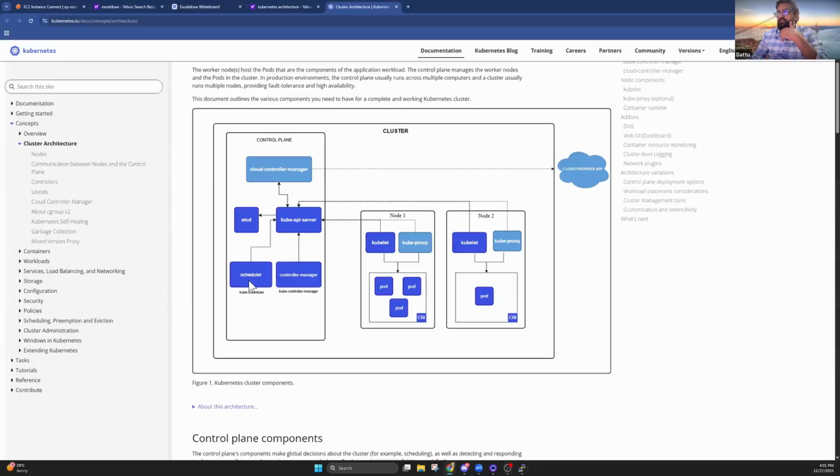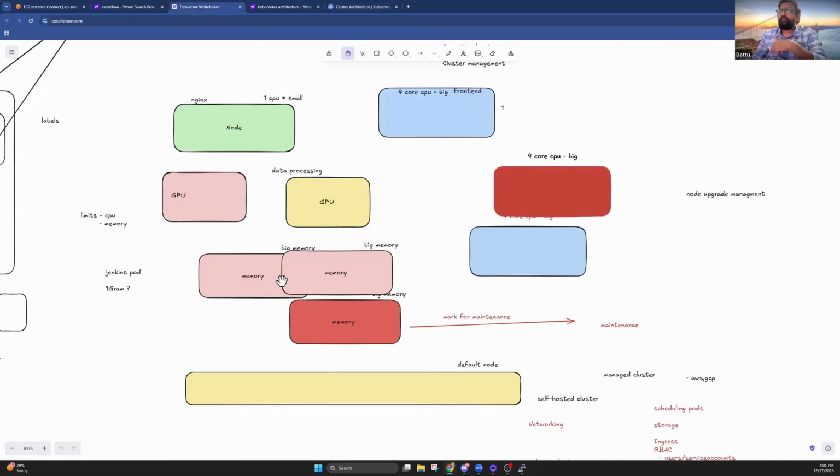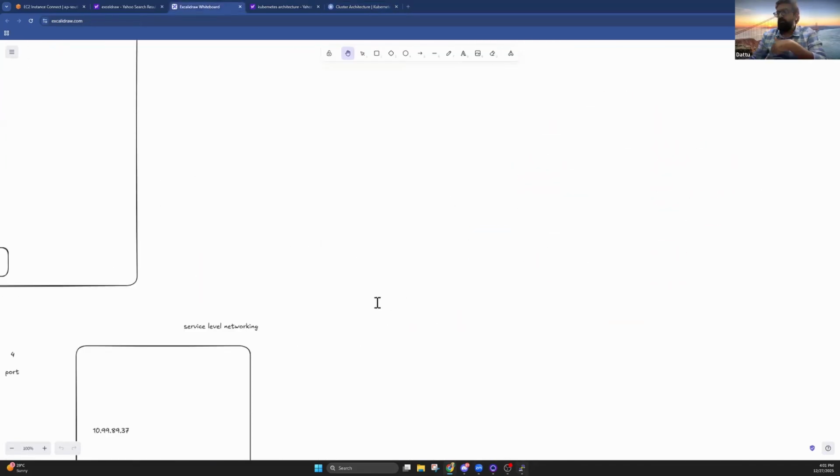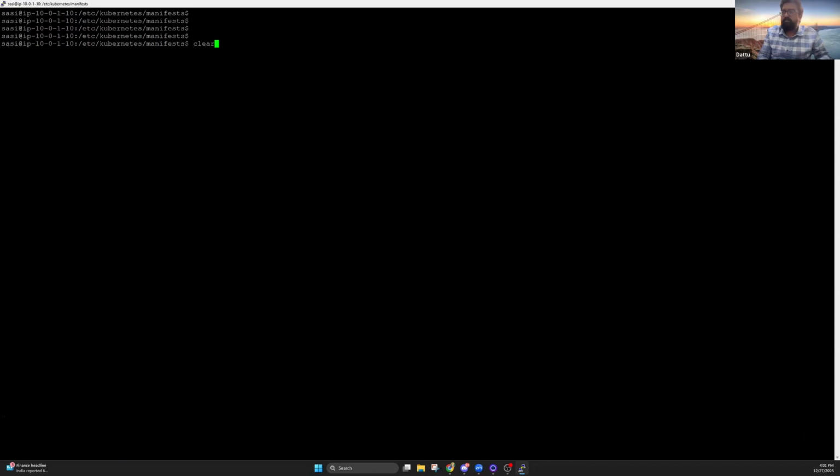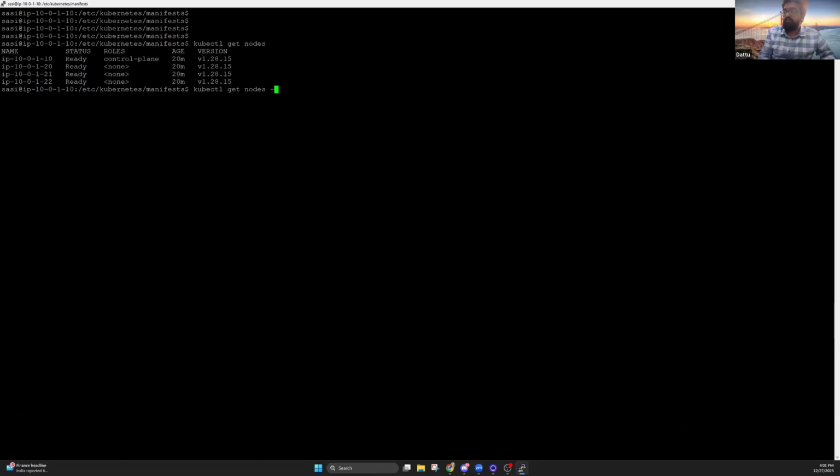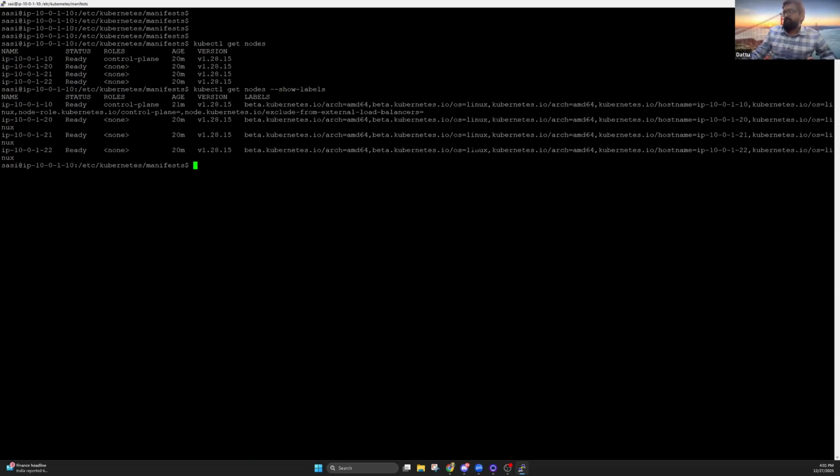The Kube scheduler will decide how to schedule a pod. Let's assume an example. Here I have three nodes, kubectl get nodes. These three nodes have labels. These are all the basic labels when the node is getting spun up. Now, if I want a pod to be scheduled only on the third node,